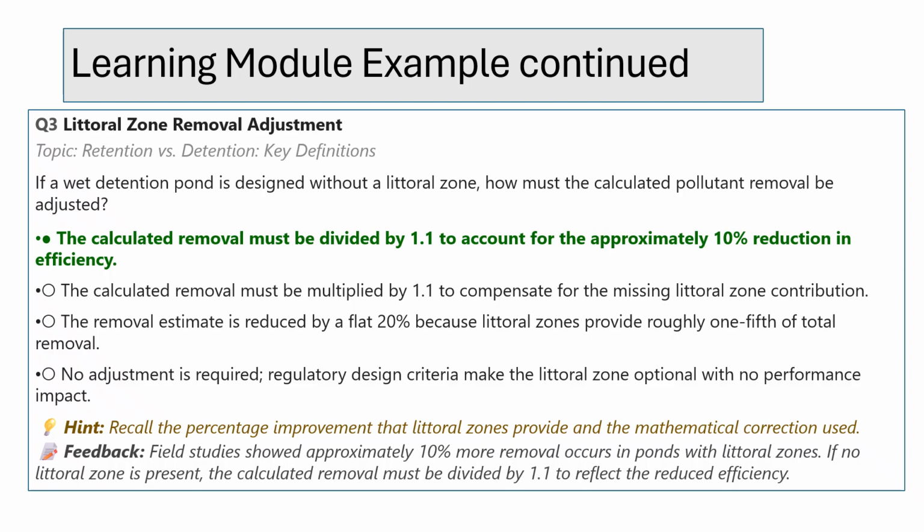It is a straightforward mathematical correction, but one that matters for accurately representing how the pond will actually function. The other answer choices are common misconceptions. Multiplying by 1.1 would actually overstate the removal, not correct for the deficiency. A flat 20% reduction has no basis in the field data, and the idea that no adjustment is needed misunderstands